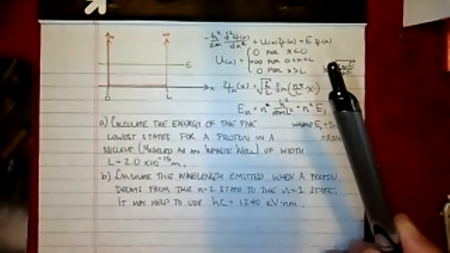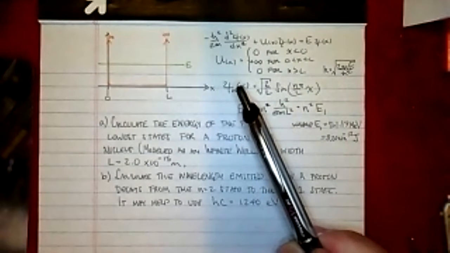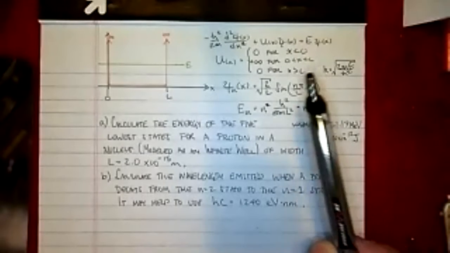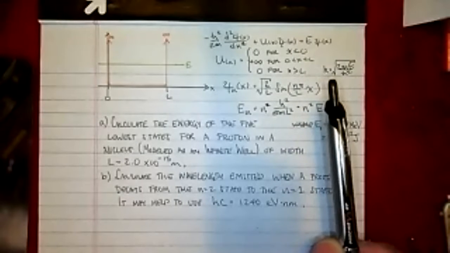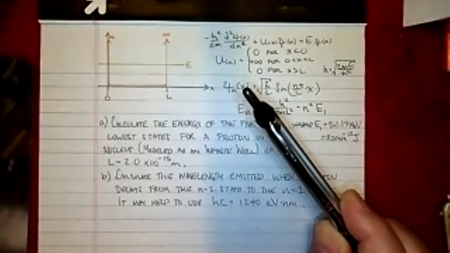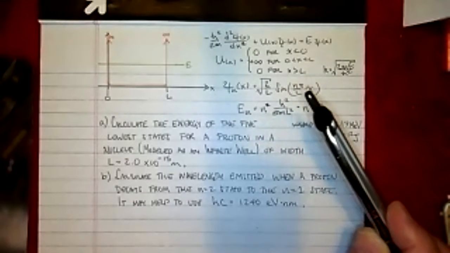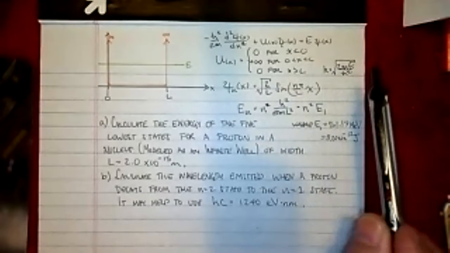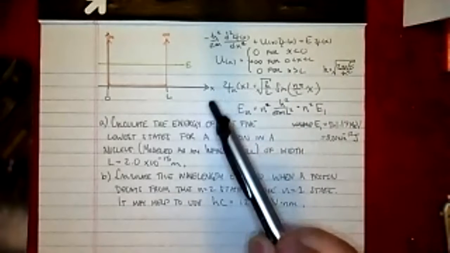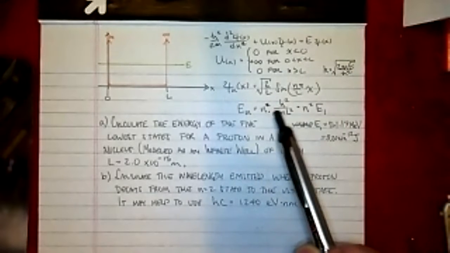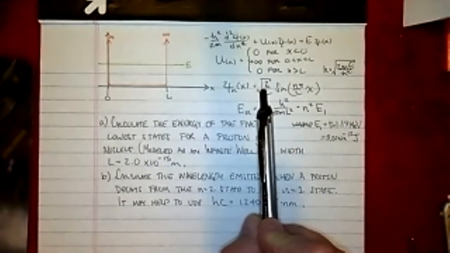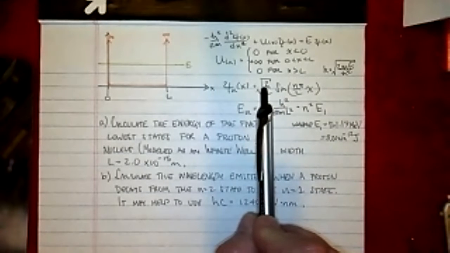Then the boundary conditions required our ansatz solution, which was psi of x equals A sine kx plus B cosine kx. That required B equals 0. Then the other boundary condition, psi of L equals 0, forced k to be equal to n pi over L. When I set this k equal to that k, that gives me the energy, and the energy is n squared h squared over 8mL squared. Of course, for n=1, you just get that. So I call that quantity h squared over 8mL squared